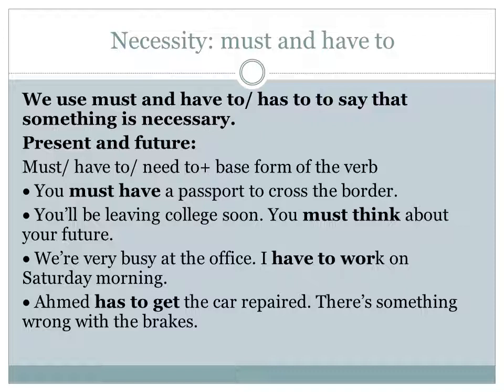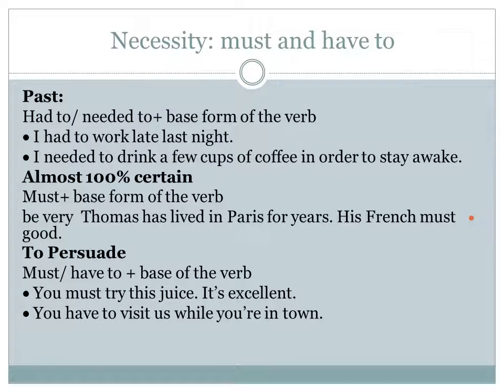احمد has to. طبعا دي حطيت has to have to لاني has to بتيجي مع ضمائر الفعل المفرد و have to مع ضمائر الفعل الجمع. احمد has to get the car repaired. there is something wrong with the brakes. اكيد فيها مشكلة. بالنسبة للماضي طبعا ما ينفعش ادخل الماست في الماضي، لكن ينفع ادخل الهاف تو في الماضي،